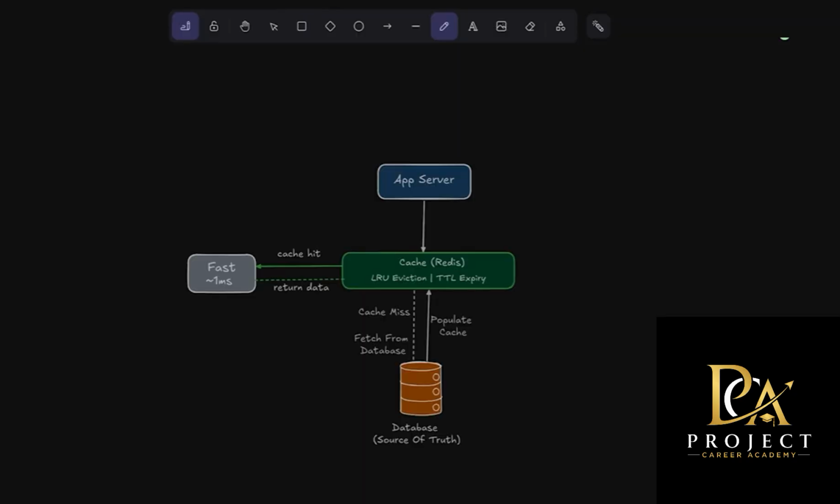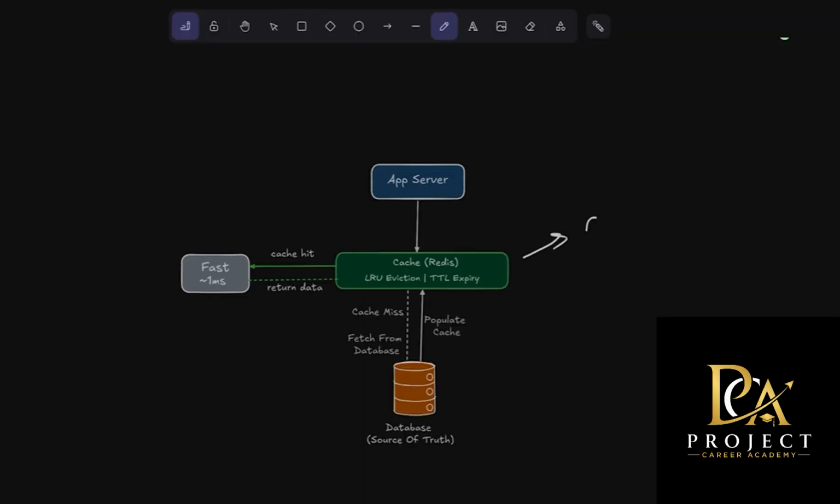This is where in-memory caching systems such as Redis come into the picture. So far, every dynamic request was hitting the database, right? But as traffic grows, the database is becoming a bottleneck. So to solve this, we introduce in-memory cache. Typically, you might have heard of Redis cache.